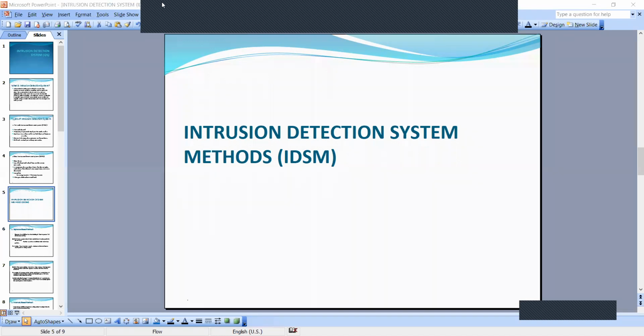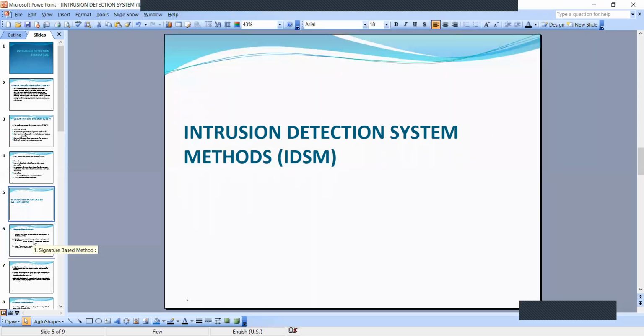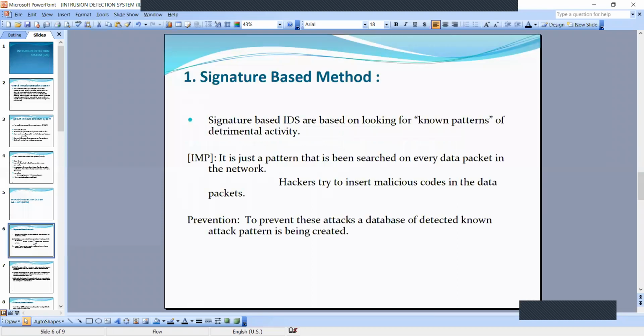As you all now have an idea about intrusion detection systems, I'm going to give some examples of intrusion detection system methods. It's very important. Say you have a company with two roles: one is system administrator and another is a developer. The system administrator can do everything: edit, log in, and specify roles. But the developer can only compile, run, and debug.